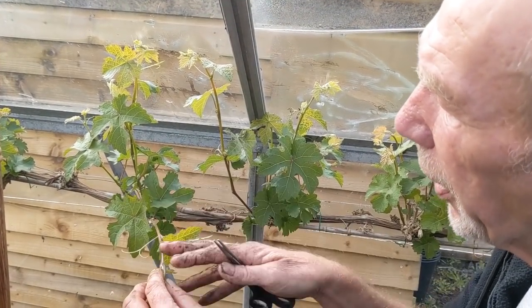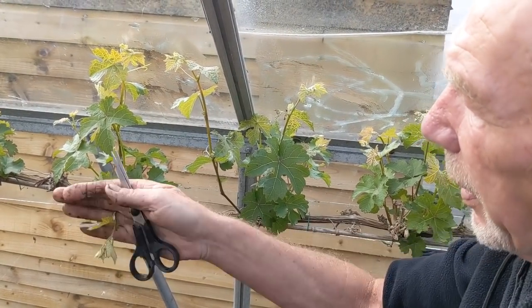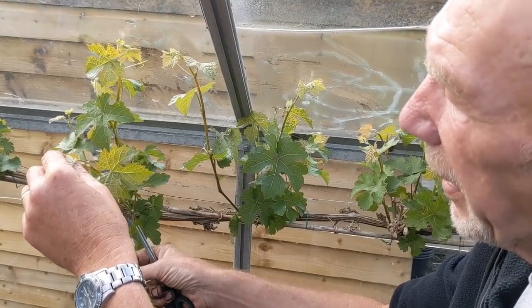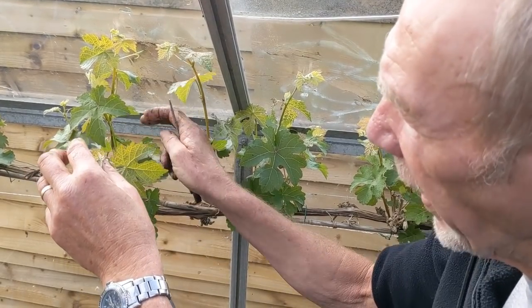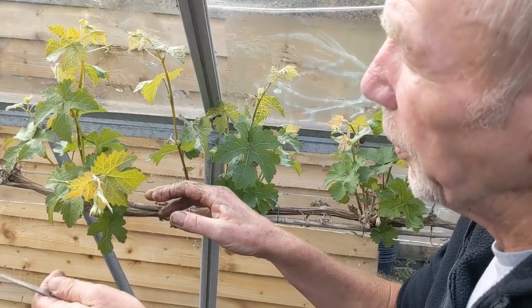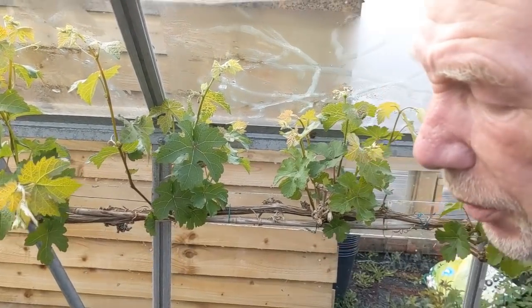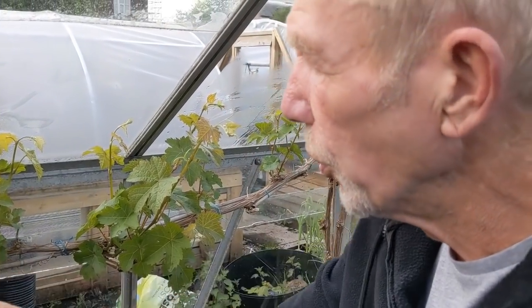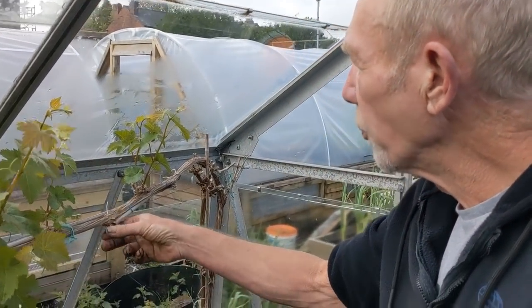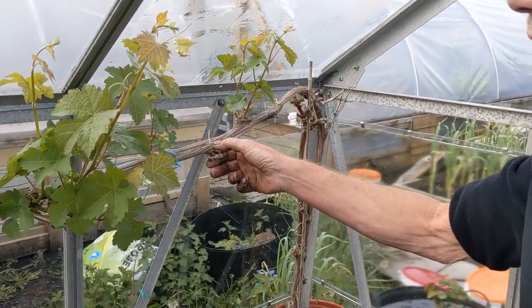Where the grapes are, cut a pair of leaves past and cut that off, because we'll have grapes hanging from here. And all the excess growth, cut that back as well. So again, you've reduced it, so it can then feed the grapes, because you'll always get new spurs and new grapes coming. So where we've taken all these off, every other one, they'll try and...